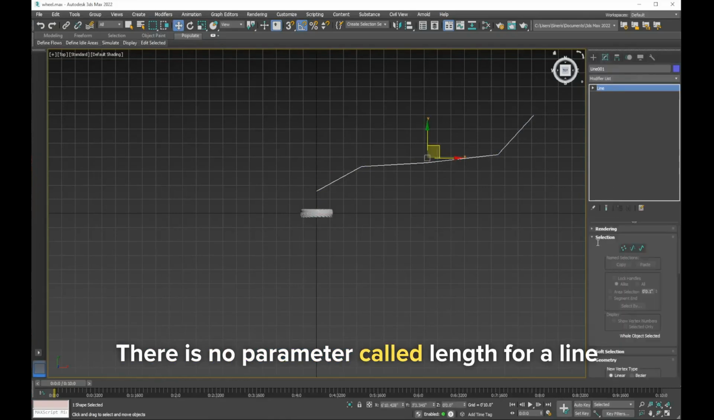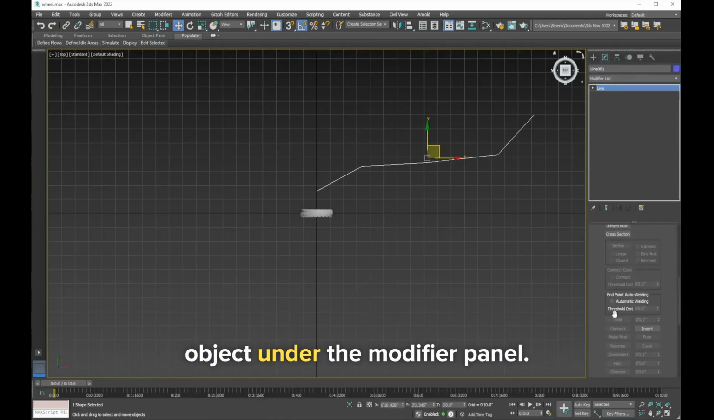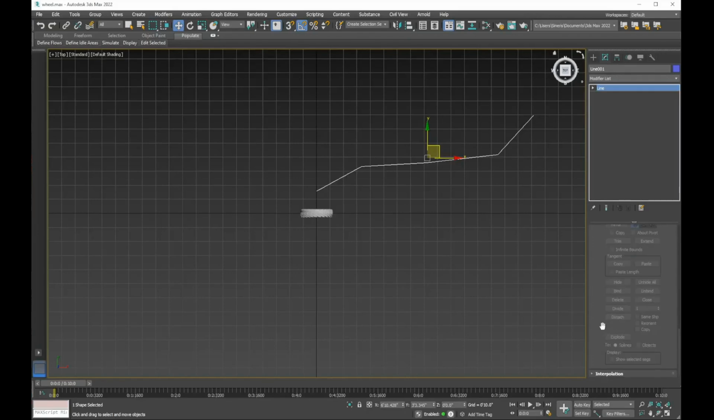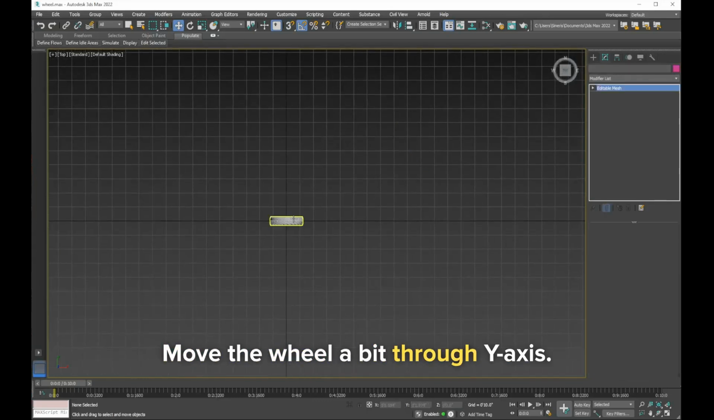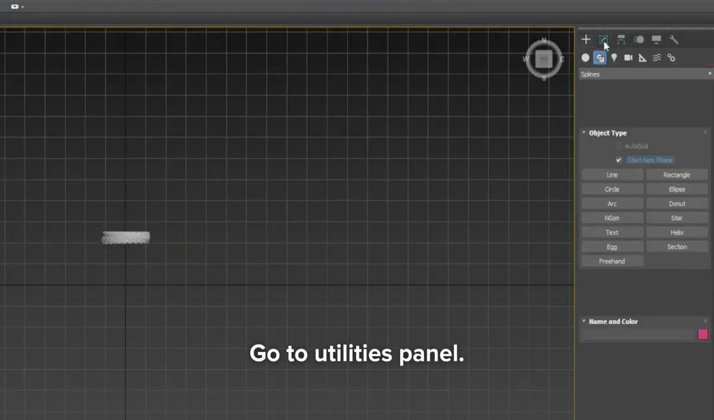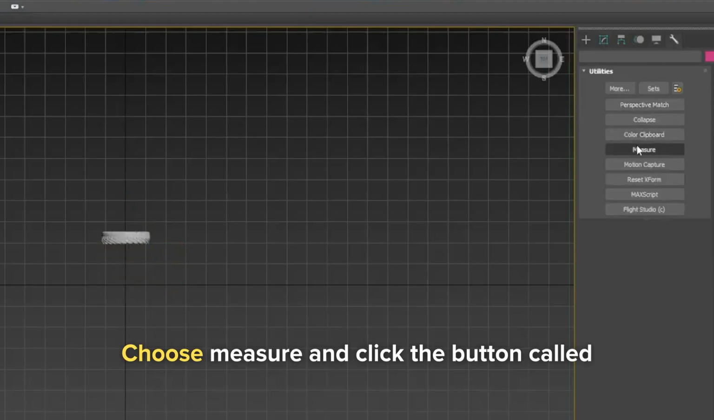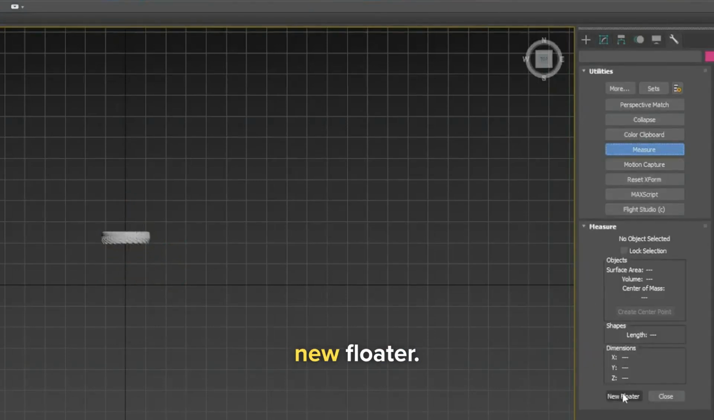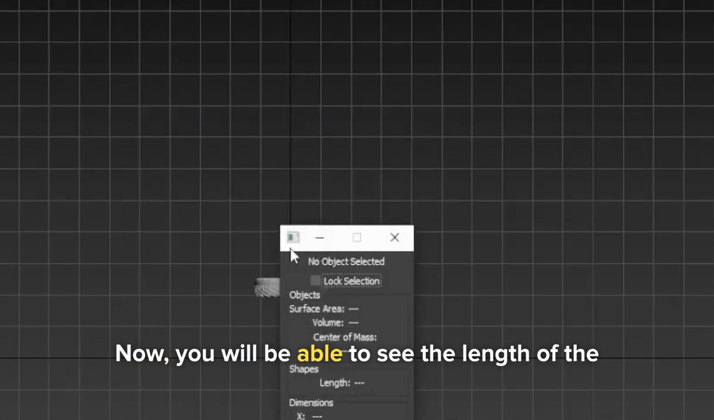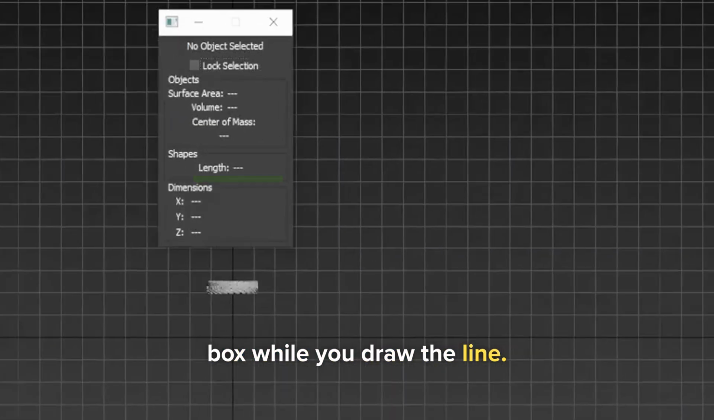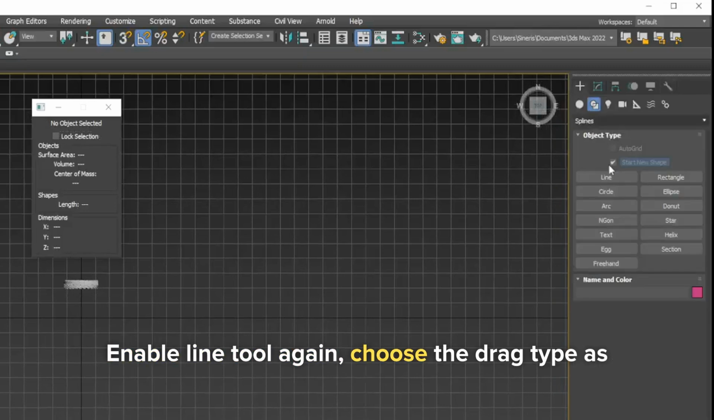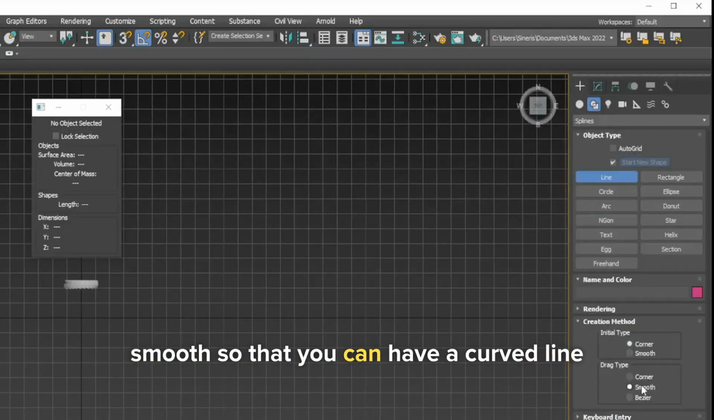There is no parameter called length for a line object under the modifier panel. For now, delete the line. Move the wheel a bit through Y-axis. Go to Utilities panel. Choose Measure and click the button called New Floater. Now you will be able to see the length of the line in the measurement floater box while you draw the line. Enable Line Tool again, choose the drag type as Smooth so that you can have a curved line